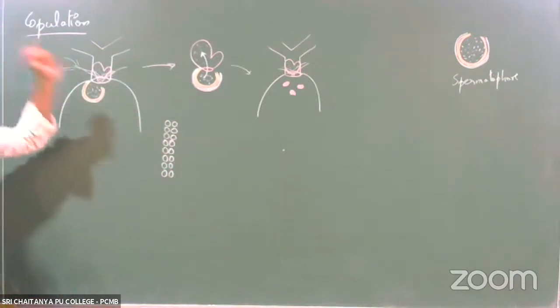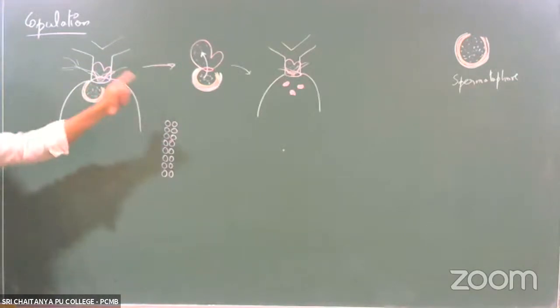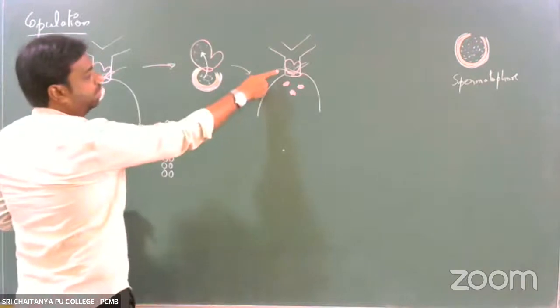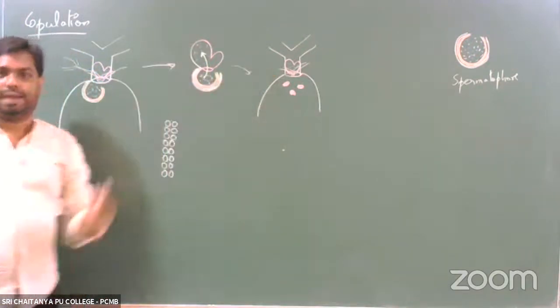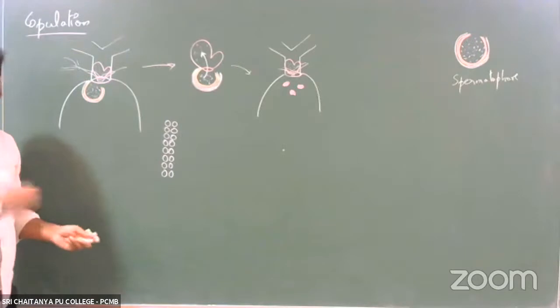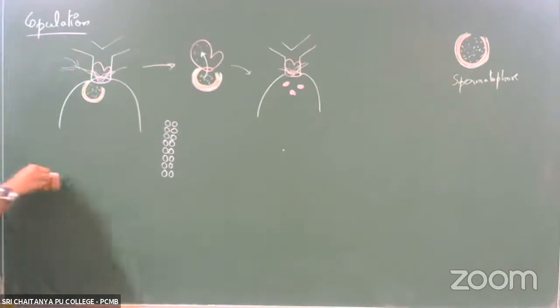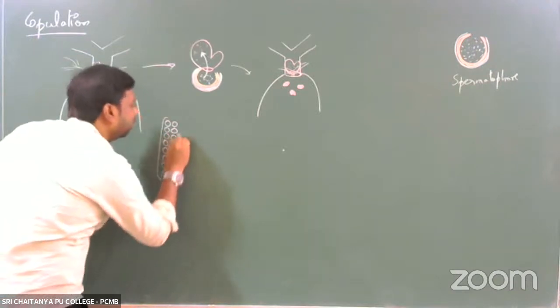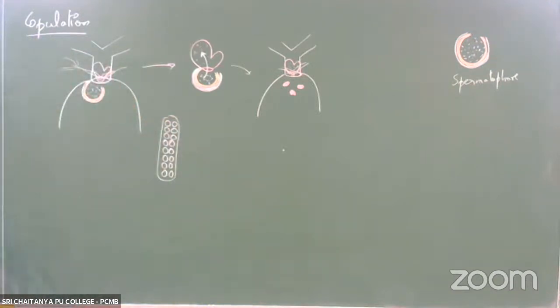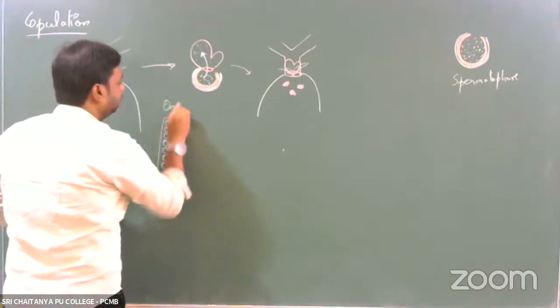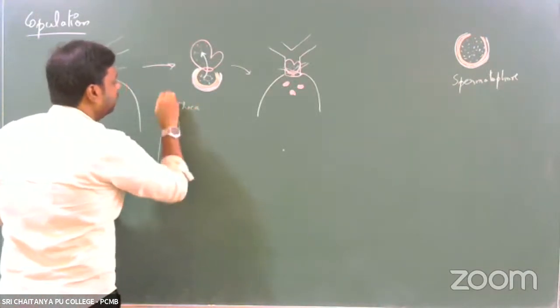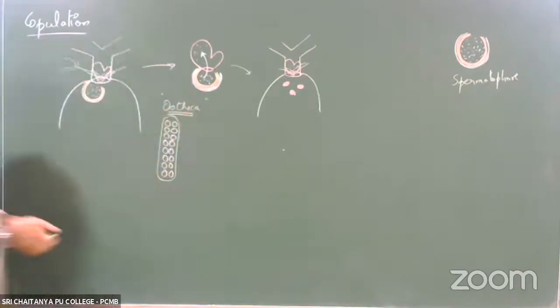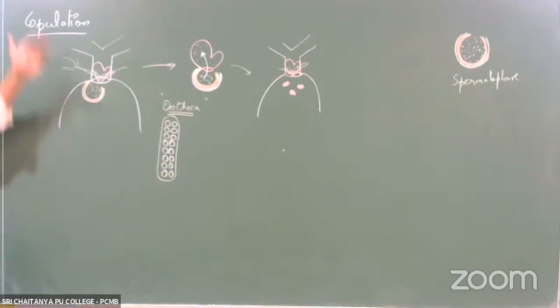So once all the fertilized eggs start arranging themselves in this manner, what would happen now? The gland, which is called the collateral gland, will now start giving out its secretion, as a result of which it would start forming a case around it, a cover around it, right? A case or a cover is being formed. Now, this case or cover we would call the utica. So there is formation of utica upon the secretion of the collateral gland.